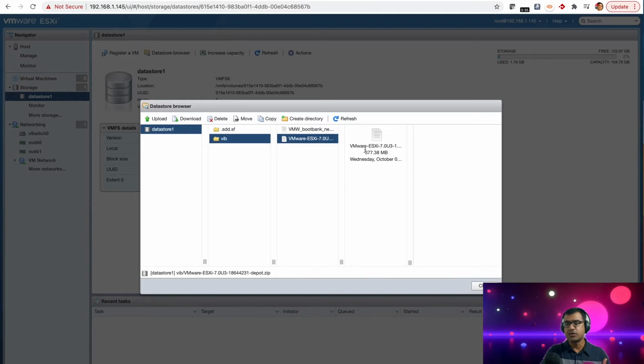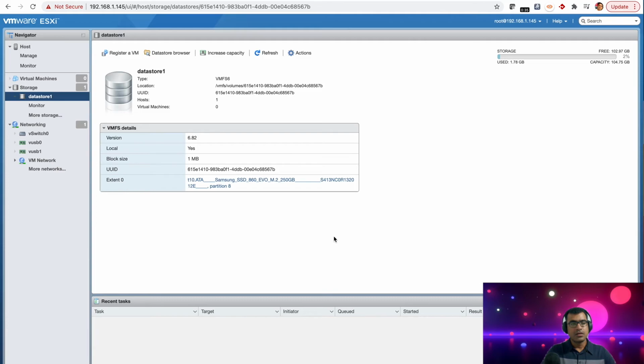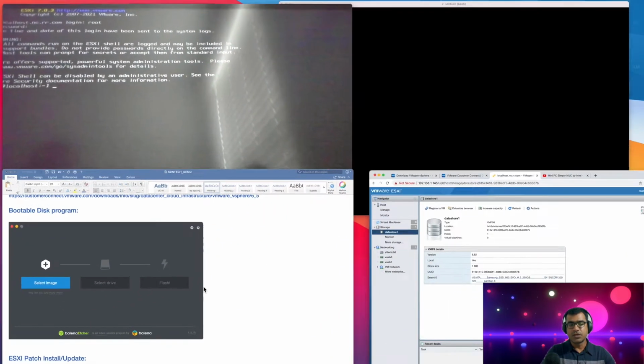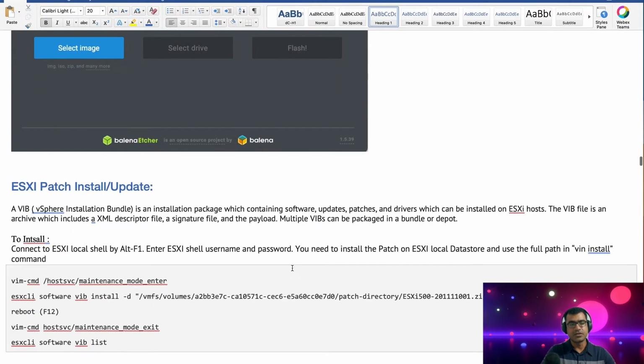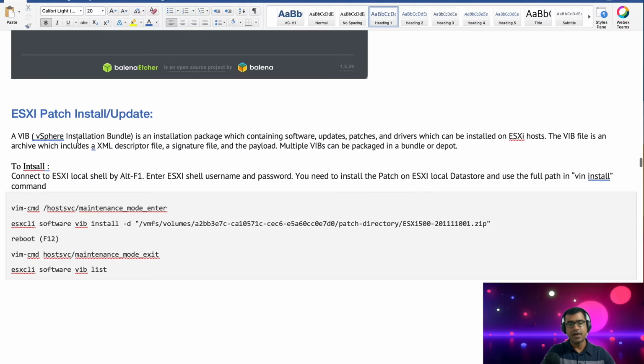And then what we'll do, we will connect to the ESXi local shell and then install the patch from CLI as a part of this video. So to do that, let's first understand what is VIB. vSphere Installation Bundle is an installation package which contains software, updates, patches, and drivers which can be installed on ESXi